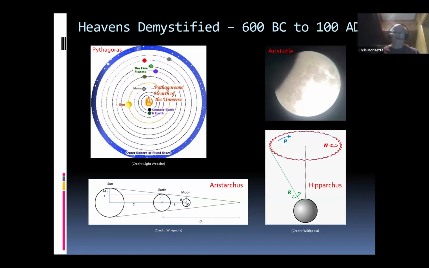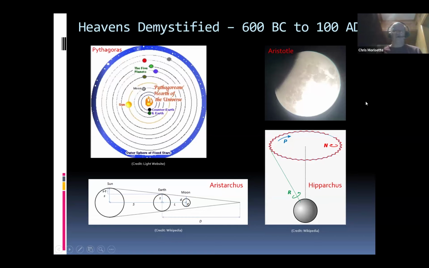With Aristotle, you have somebody that argued that again, celestial spheres were objects, and he also provided tangible evidence that the Earth was in fact spherical. And he did this by observing lunar eclipses. You'll see this picture in the upper right of the screen is actually a lunar eclipse image that I took a couple of 2 or 3 years ago. And you can kind of make out the curvature right here of the shadow of the Earth.